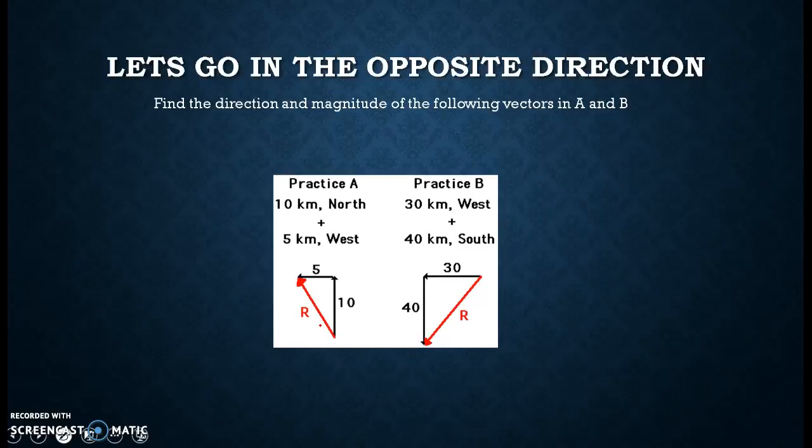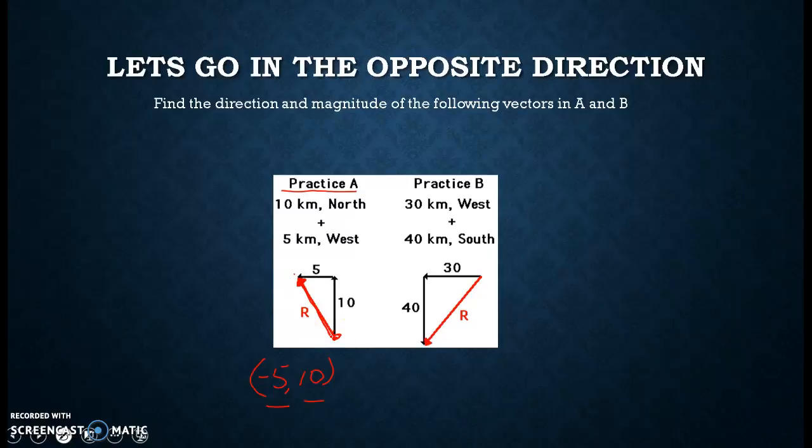So let's take a look at this and go in the other direction. Here, the first one, for part A, we have a vector that is 10 kilometers north and 5 kilometers west. So if this is my origin here, then that would put me at the point -5 and up 10. So that would be my horizontal and my vertical components, but I want to find the direction and the magnitude. So let me first find the magnitude of this